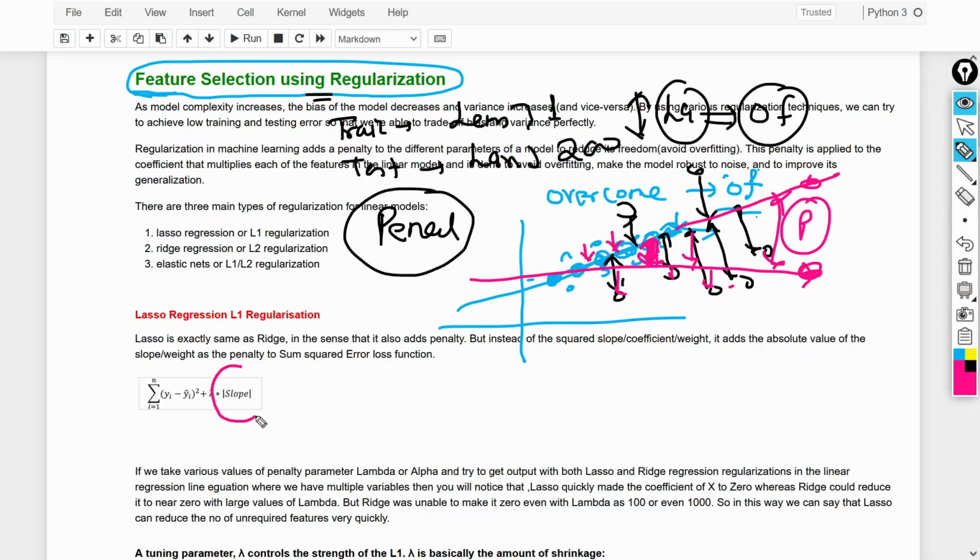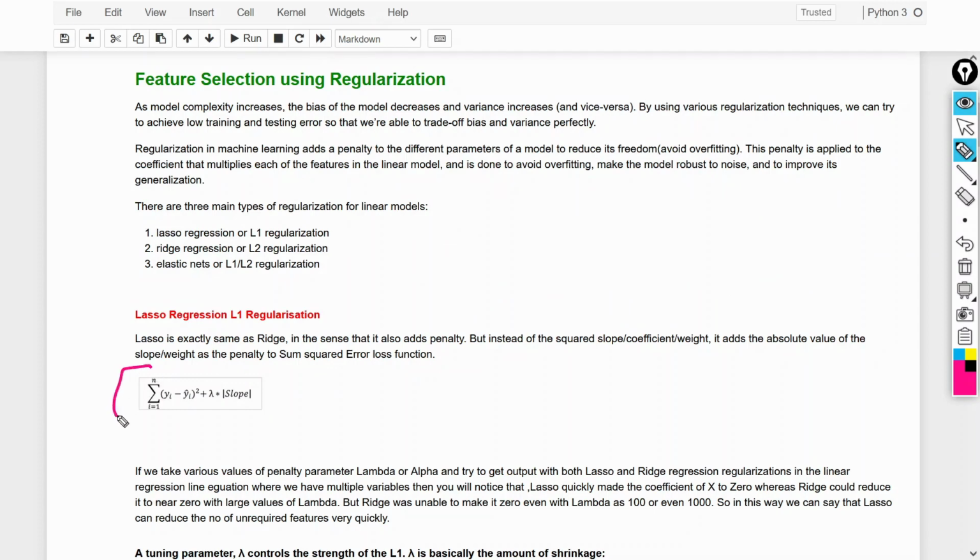There are three types of regularization: lasso, ridge and elastic net. We use lasso regression or L1 regularization for feature selection. How does it work? This is the formula of lasso regression with penalty.